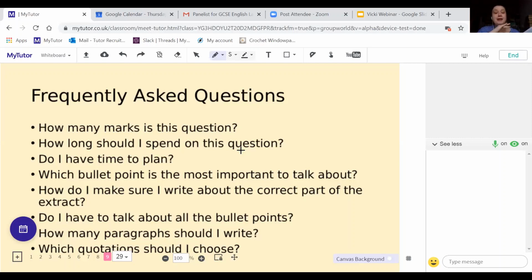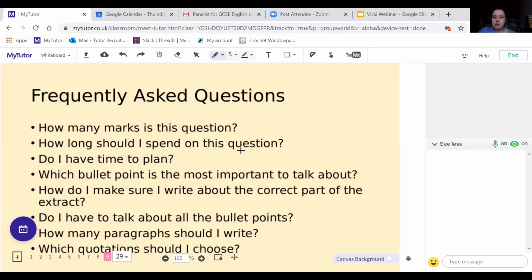Now, if you're doing that, you'll be absolutely safe and you won't be talking about the wrong piece of the text. But occasionally some people decide, right, I'm just going to work from the insert, which makes complete sense in terms of you're only annotating the text once. So if you are going to do that, make sure that you draw a box or a line, or you perhaps highlight that one paragraph down the side and write question 2 next to it to make sure you are not going outside of that area, because you won't get any credit if you talk about anything outside of the little section that you have been given.